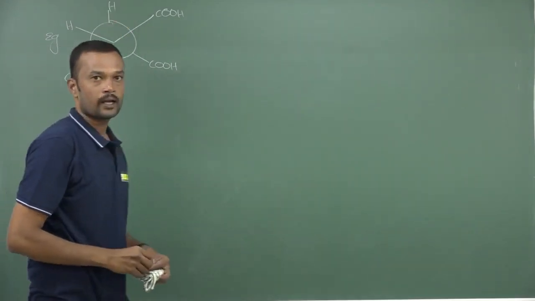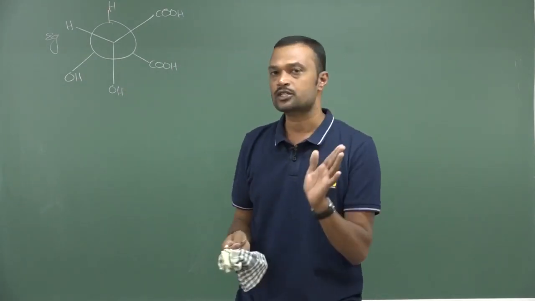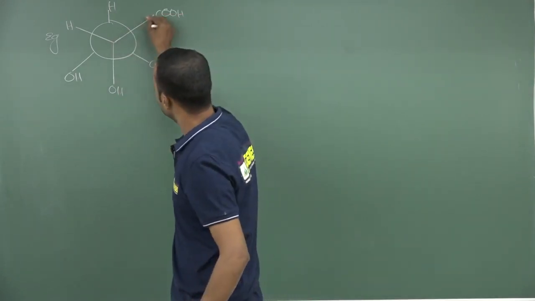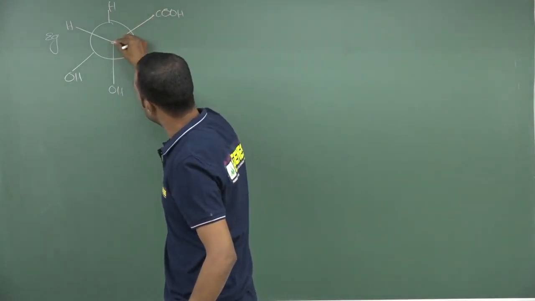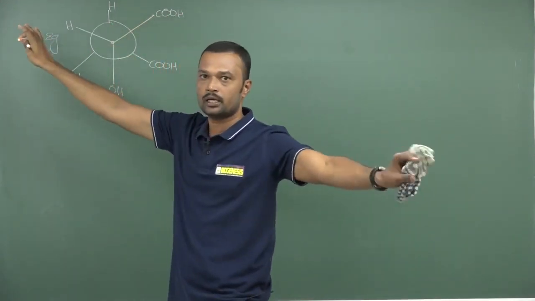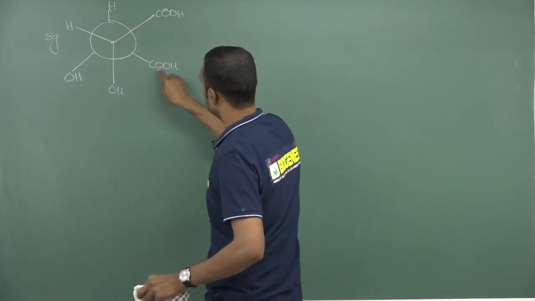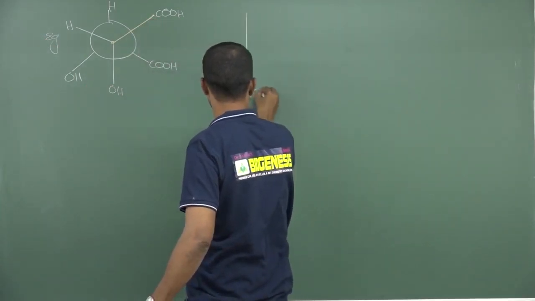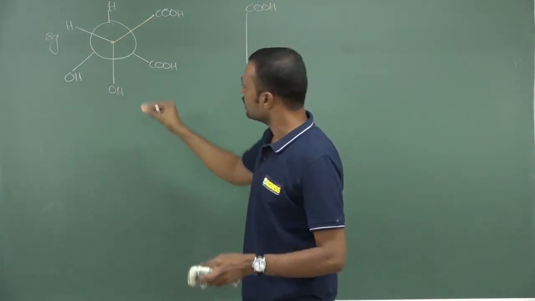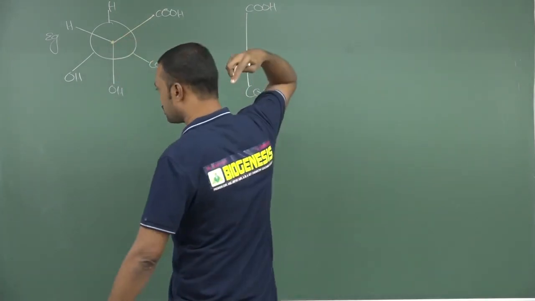Observe carefully. Every time wherever carboxylic acid is there, just assume that it is a back side of an observer. Means you are watching from this side. Okay, so this is head, this is leg, and this is completely head, and just assume that these two are hands which are lifted by an observer. So this is completely leg. Okay, so first of all you write down two carboxylic acids. You need to complete like this. Just assume that this is completely back of an observer. So you are watching from back side.